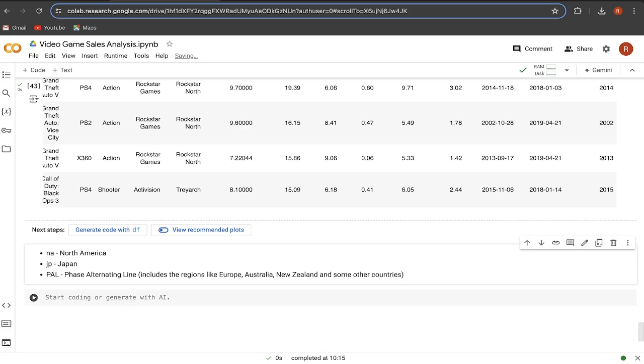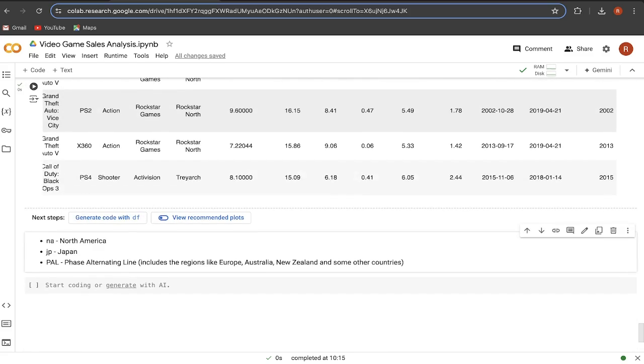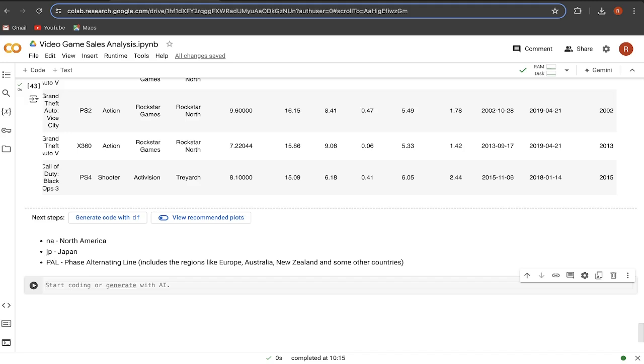So what we have to do, first we have to add new columns in this data set of the ratio, that is the sales made in North America, the ratio of that for every year, then the sales made for the Japan every year, and the sales made for PAL region every year. So what we will do here, we will say first column that we are going to add is the ratio for North America, and here we will say DF, the sales made in North America for that particular instance, divided by